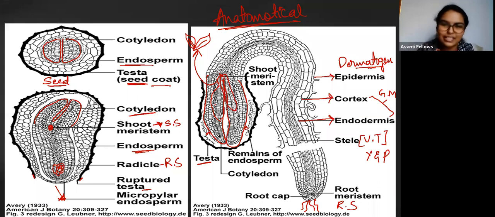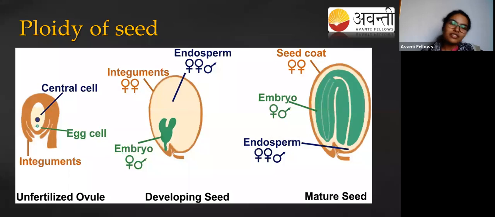I wanted to include this in the PPT. Okay, right. So this is about the ploidy of the seed. And beta, see, yesterday we understood the embryogenesis and the endosperm development. But now we are studying how a seed is obtained from the ovule. अभी वो पढ़ रहे हैं बेटा, ठीक है? तो अभी देख लो ये.